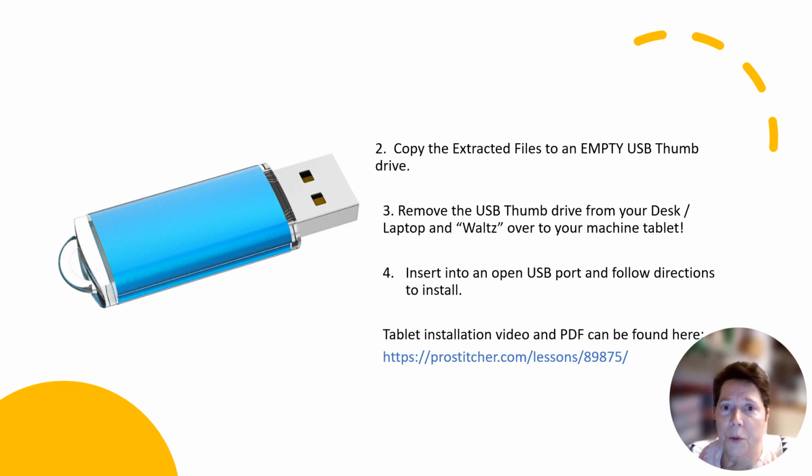Next, you'll need to remember to safely remove the thumb drive from your desk or laptop and waltz over to your machine tablet. They tell us that, no more waltzing with USBs. Well, you're going to have to do it one more time before you get your machine tablet hooked up to the internet through ProStitcher Connect. And that's essentially all that was in the new update: that permission for your wireless card to connect up to the ProStitcher